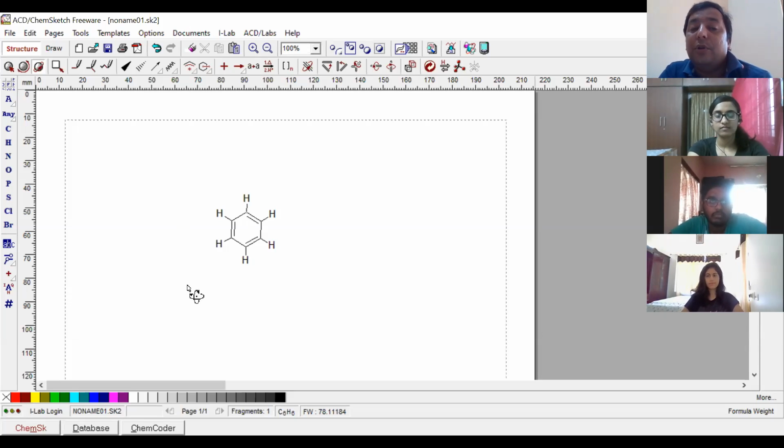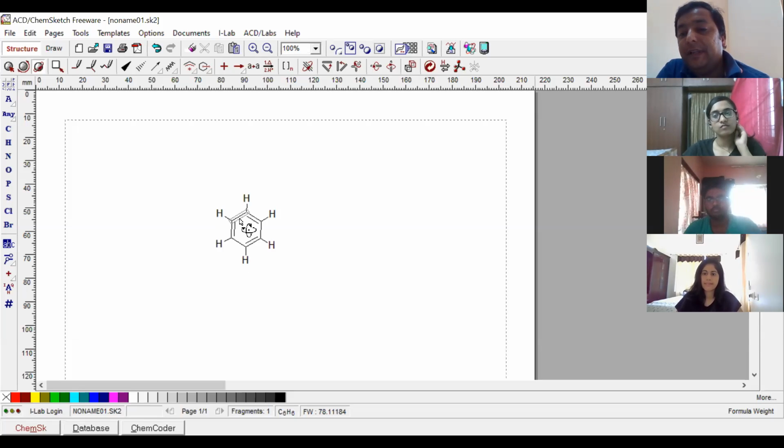The molecular weight is given by keeping these hydrogens, six of them: 1, 2, 3, 4, 5, 6. The molecular weight of hydrogen is 1 point something, so it will increase by about 6. Those are small changes. For the benzene we have drawn, the molecular weight will be given.